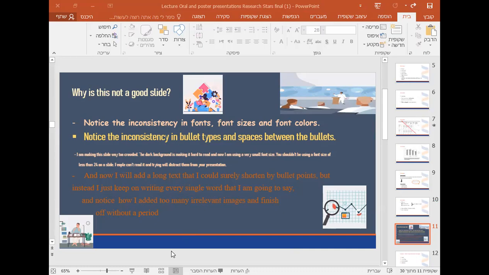Are you going to put a period at the end of the sentences or not? You have to decide in advance and be consistent, because some people, and especially people that are,